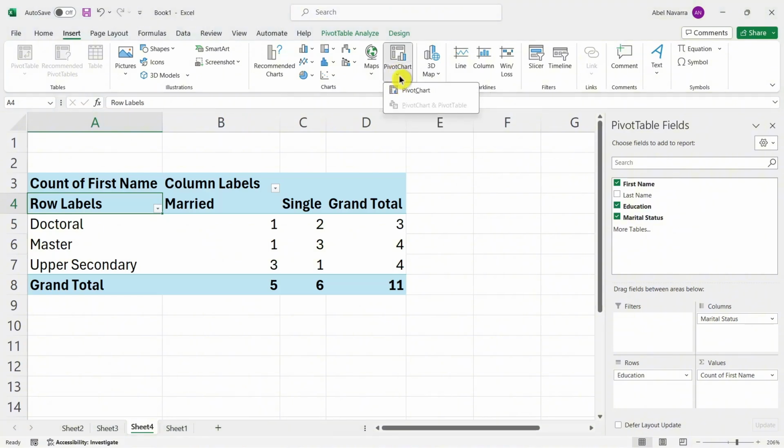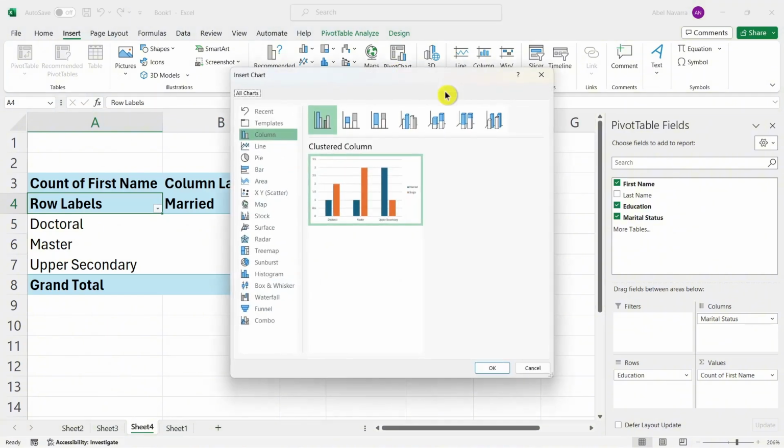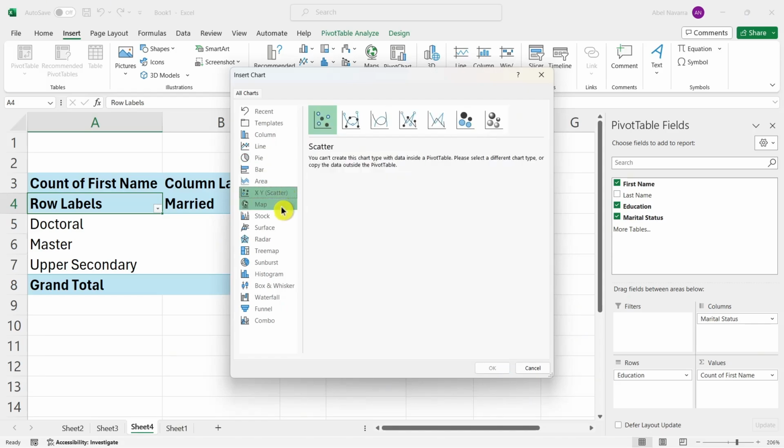And once you click on Pivot Chart, as you can see, a dialog box appears, showing the type of graph you want to create. And here are some of the types. We have the columns, we have line, pie, bar, area, scatter, map, stock, surface, radar, tree map, sunburst, histogram, box and whisker, waterfall,